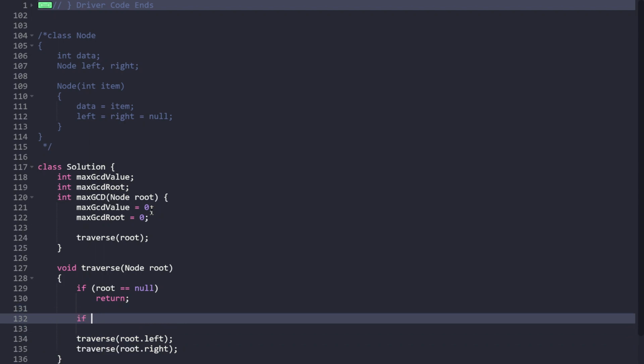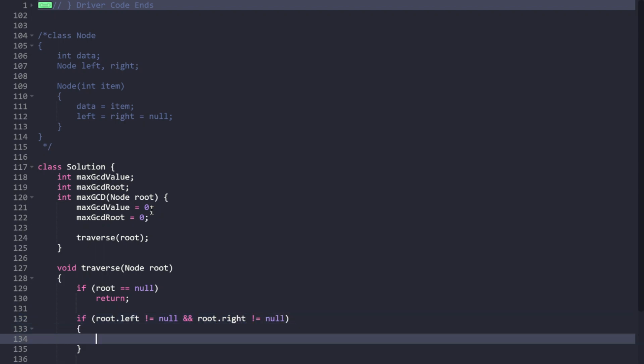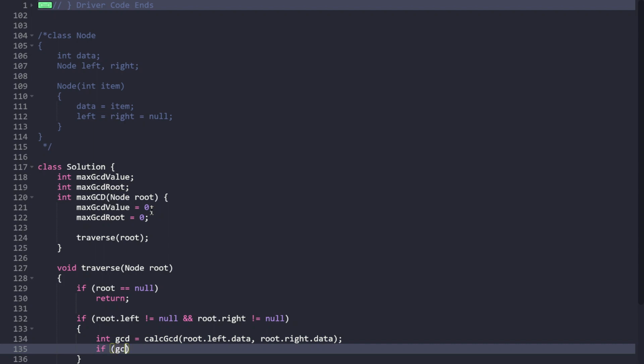Let's now look at if I am a root node, then do I have two valid nodes? Do I get a pair of siblings? So if root dot left is not equals to null and root dot right is not equals to null, then I'm interested in finding their GCD, right? So let's say there is some function that calculates the GCD for now. So calculate GCD, and we pass in the values root dot left dot data and root dot right dot data. And if this GCD is greater than the max GCD value,